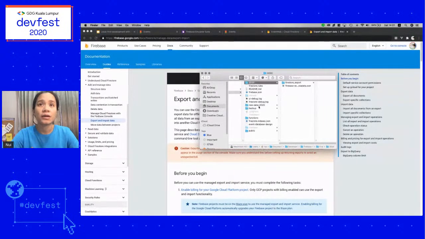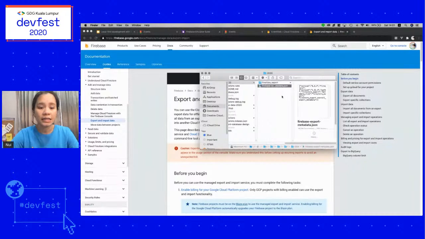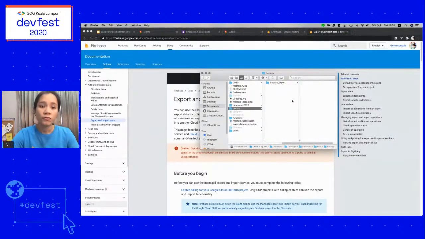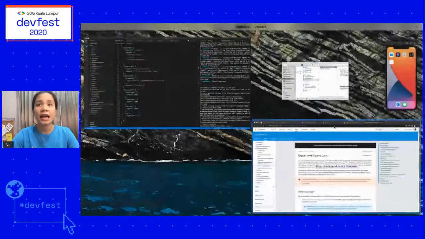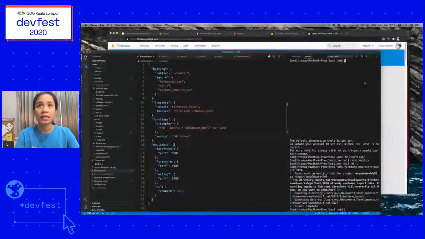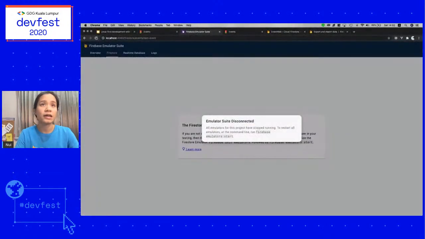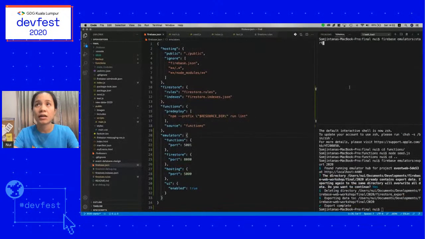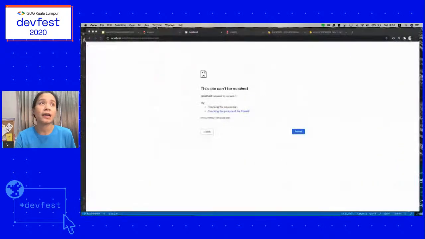And if you compare it with the local one, you will see that there's a file that's missing from the cloud one. So I'm just going to copy that file and paste it in here. And the next time, let's say I terminate the emulator that I ran earlier, so I close it already, and then I run it again with my cloud data. I can just call emulators:start with import and then the name of the folder, which is backup. So it's just going to start up my emulator with the